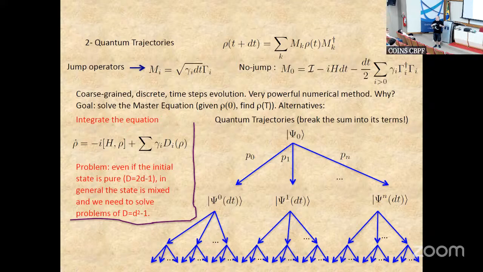Not couple, I mean the rates that my reservoir induces in the dynamics, but they still have to be much larger than what's called the correlation time of my reservoir. Okay, and the reason for this is that that's a condition for me to get to the Lindblad equation from microscopic models. Okay, and otherwise, that's also something that's very interesting. I don't know if you guys know, but Markovian evolution is also an approximation.